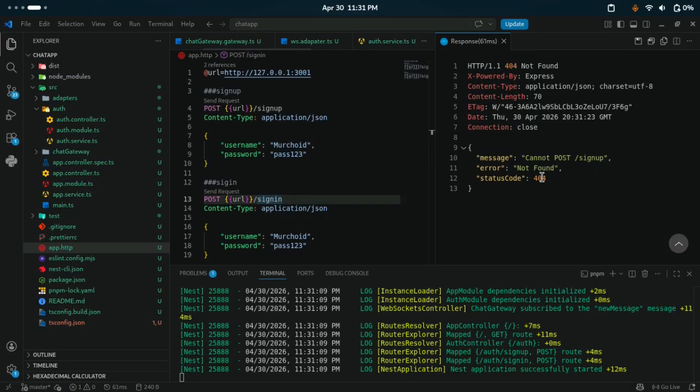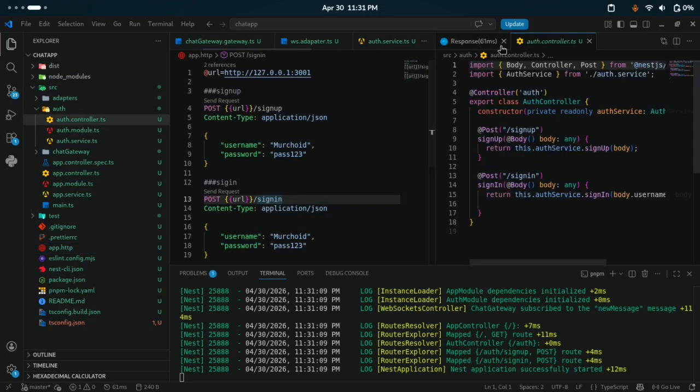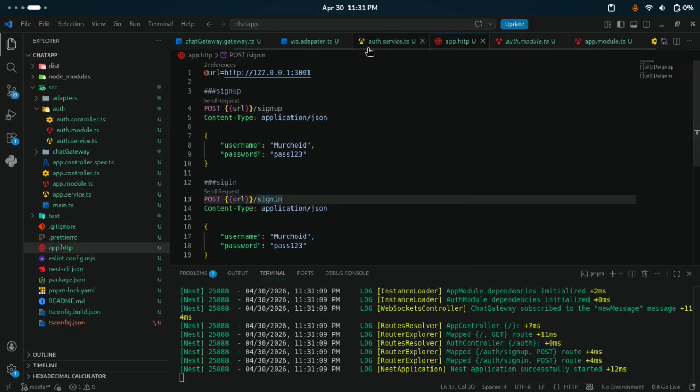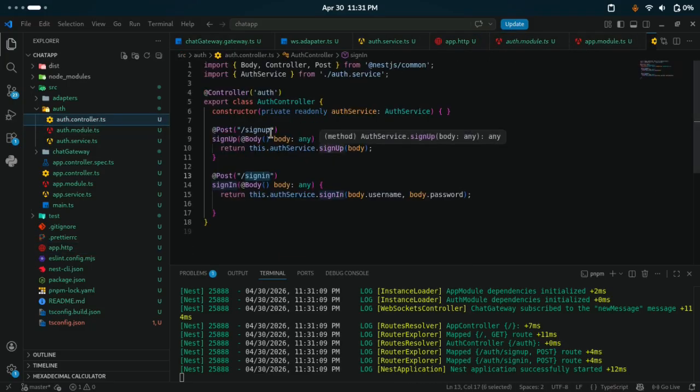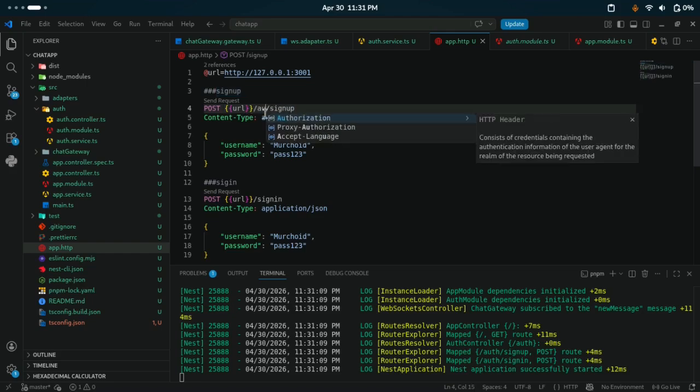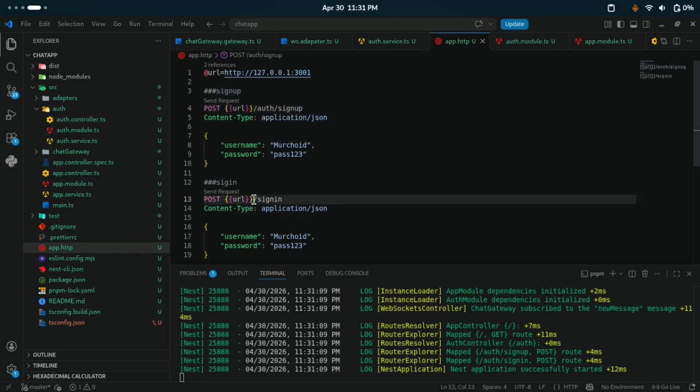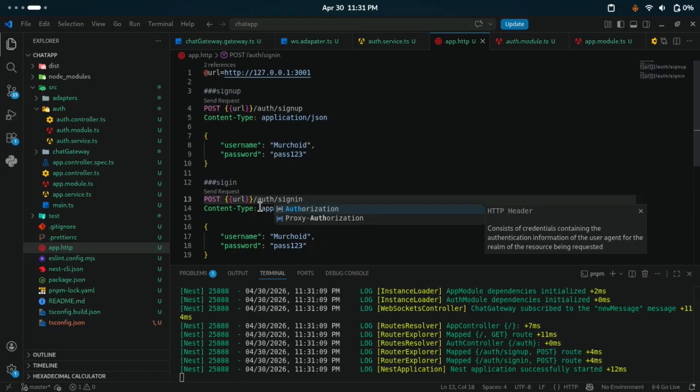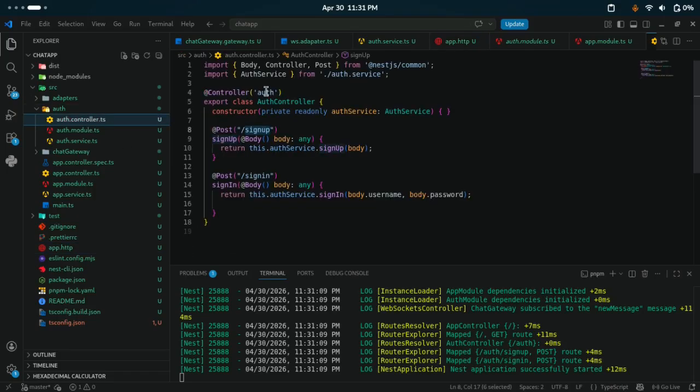Okay, so essentially this means that our route is not registered very well. So let us check what is wrong with that. So it is sign up, sign in. So I think I know what the problem is. It's not just like that, it's supposed to have auth, and here the same. So how do I know it's supposed to have auth? It's because this